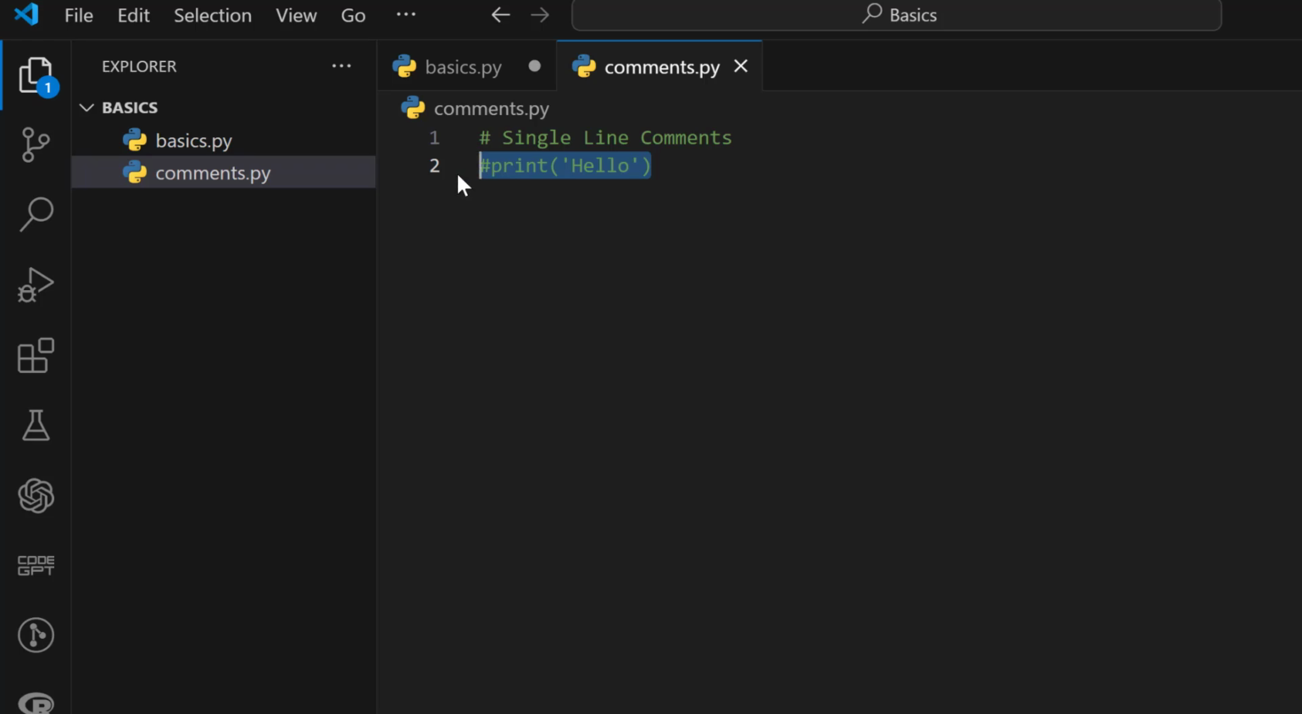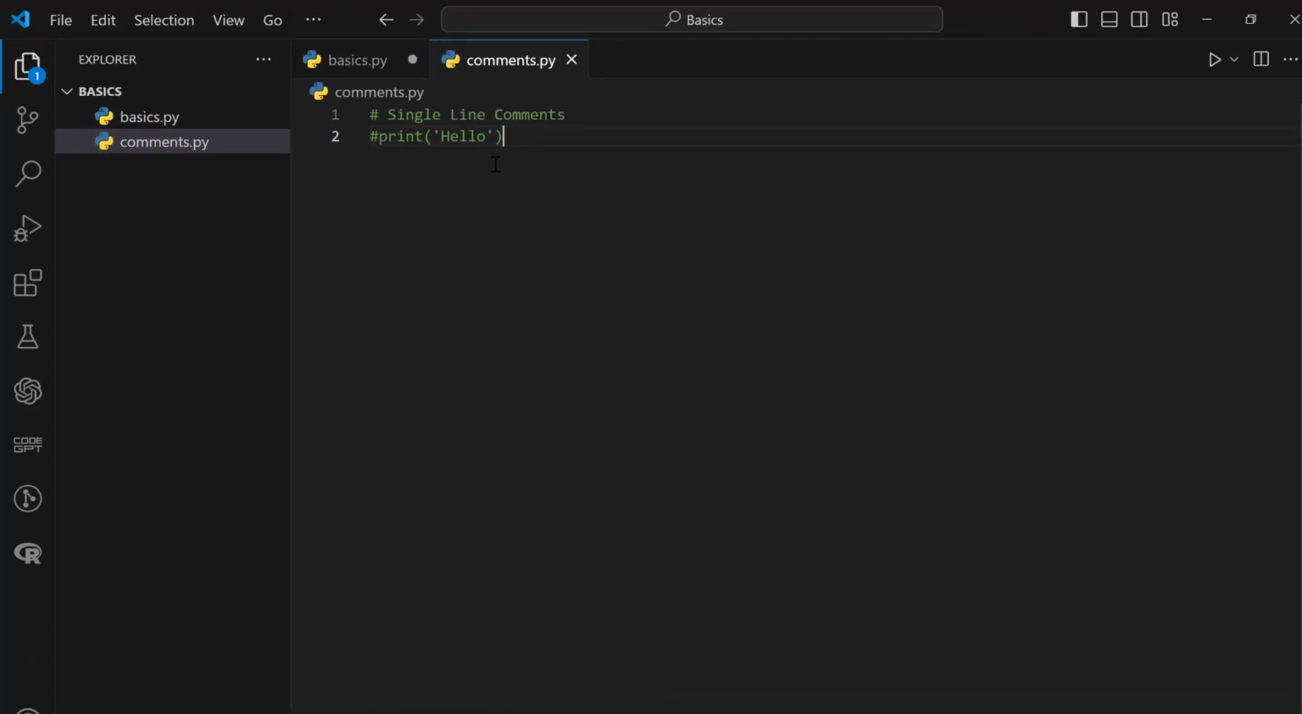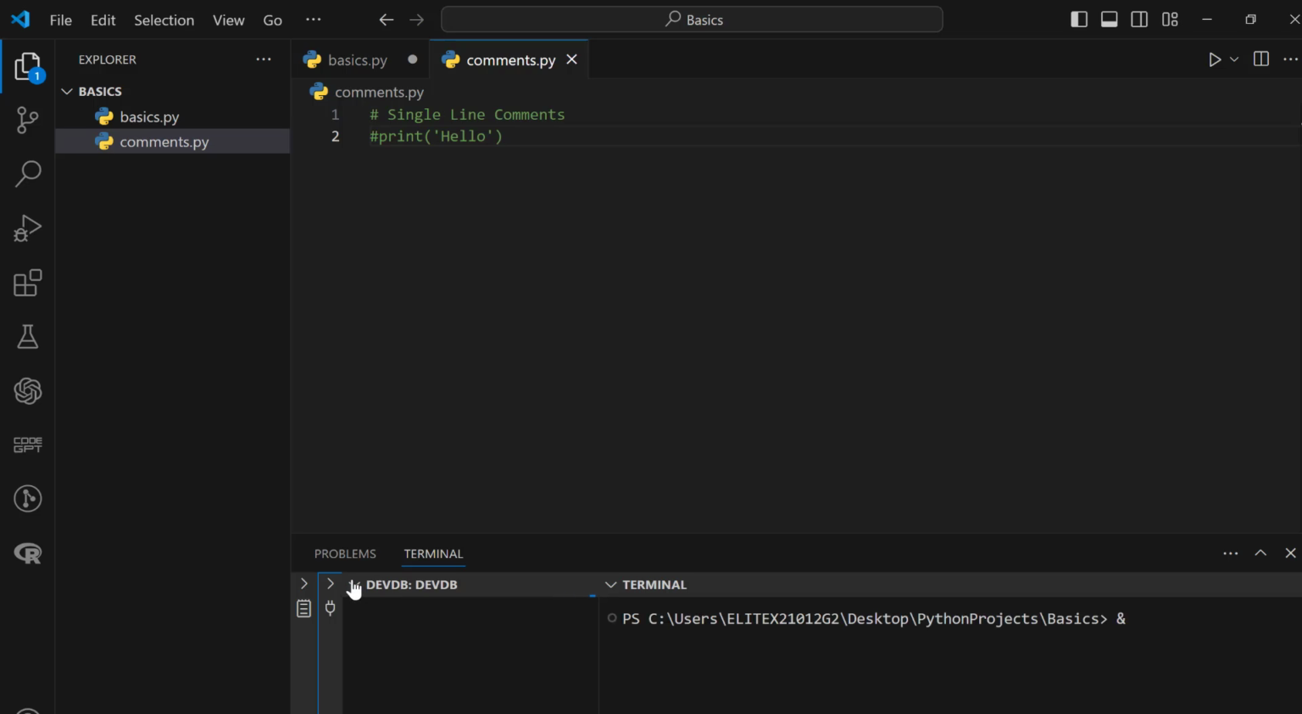The code on line 2 is a single line comment, and all comments are always highlighted in green if you are working with Visual Studio Code. The comment doesn't affect the execution of the code, but it provides valuable context. So if I try to run this file by clicking on the Run Python file icon, the script is going to be executed, and